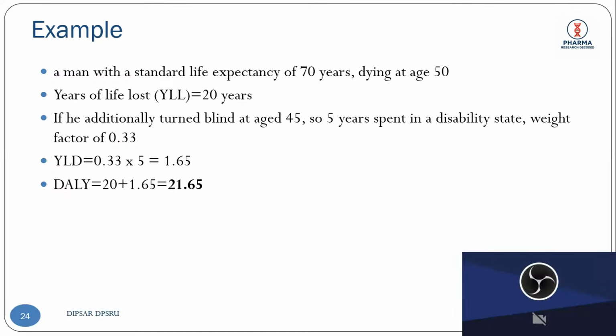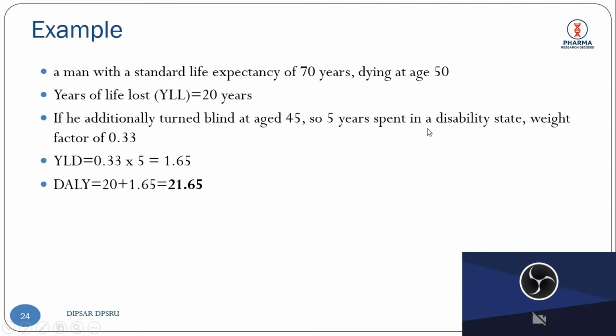आई होप इट्स क्लियर। अब आपको ज़्यादा अच्छे से समझ आएगा ये जो एग्जाम्पल मैंने डाला है, राइट। अब देखो इसको, दिल्ली की बात करें, a man with standard life expectancy of 70 years, राइट, dying at the age of 50. सो इजी टू कैलकुलेट ईयर्स ऑफ लाइफ लॉस्ट, कितने उसके लाइफ के ईयर्स लॉस्ट हुए? 20 साल। अब फॉर एग्जाम्पल ही एडिशनली टर्न ब्लाइंड एट द एज ऑफ 45, सो 5 years spent in the disability state, राइट। 45 की एज में वो ब्लाइंड हो गया, 50 में मरा, तो 5 साल